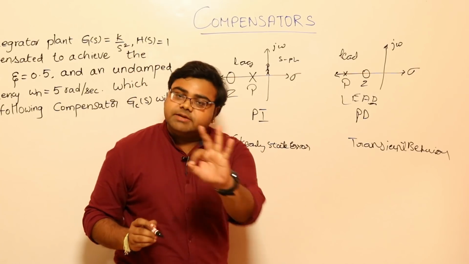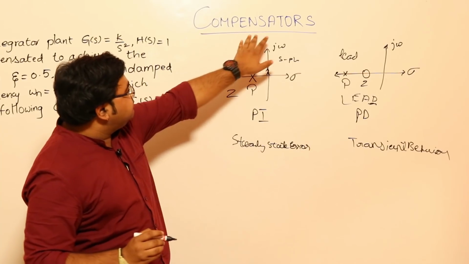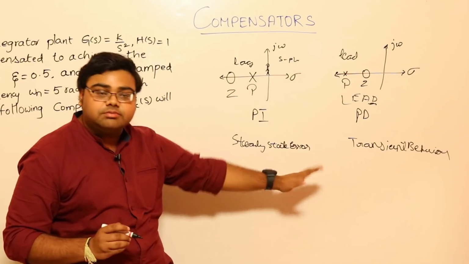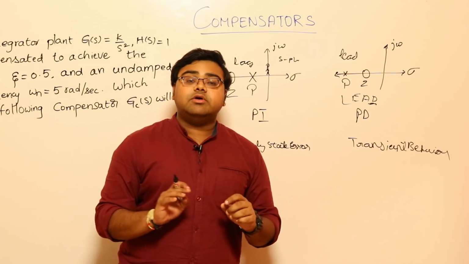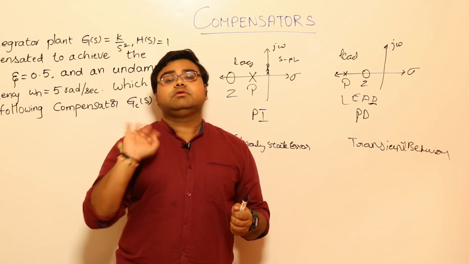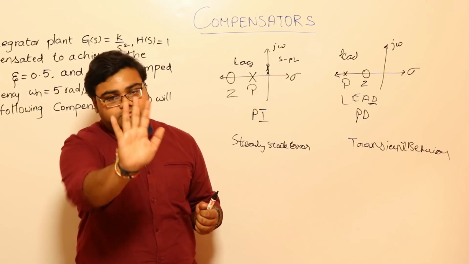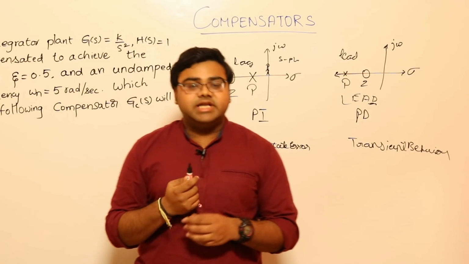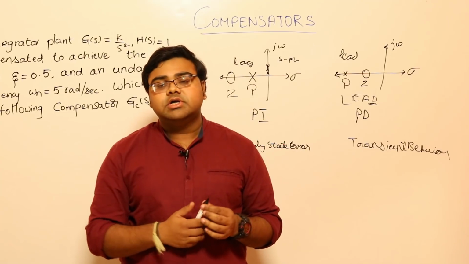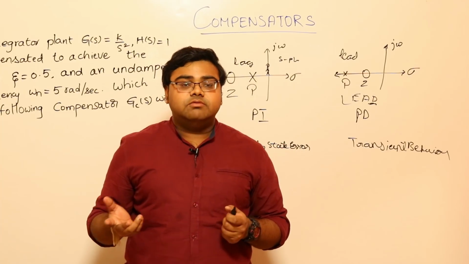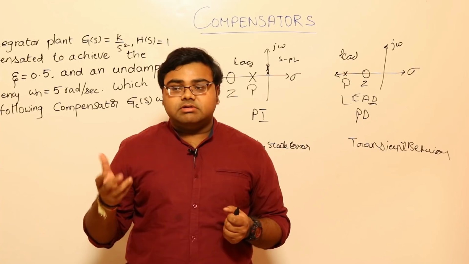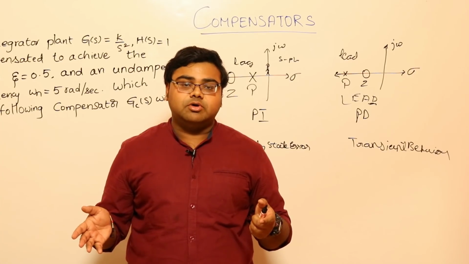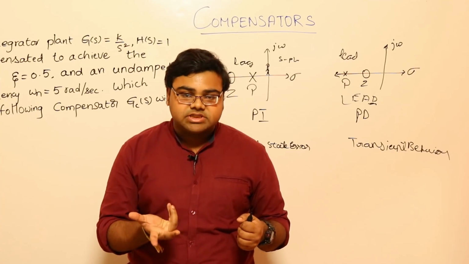Okay, only 3 points. This is all. You can write points to remember over here, and remember only this much. You will be able to solve any of the non-trivial questions in compensator. Ideally, a compensator question should be like this. They'll give you the compensator equation. They'll ask you where is the maximum phase shift, what is the gain, what is the cutoff frequency in Bode plot. All of those things are very trivial questions.